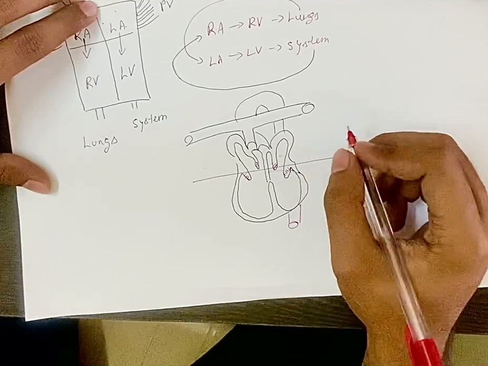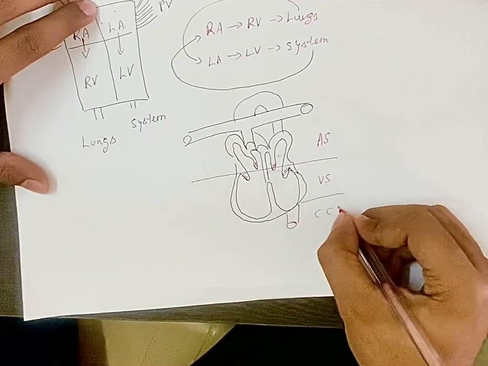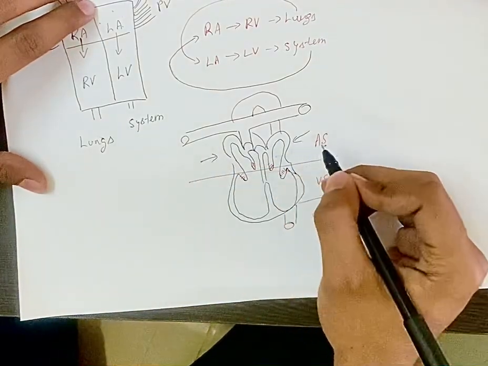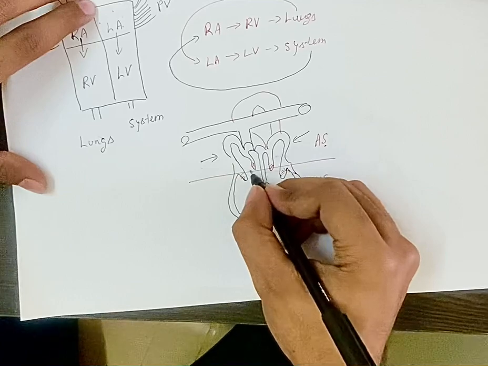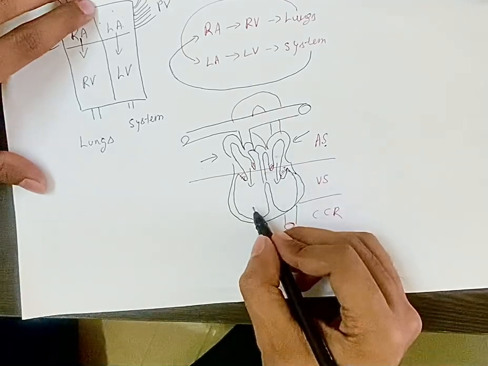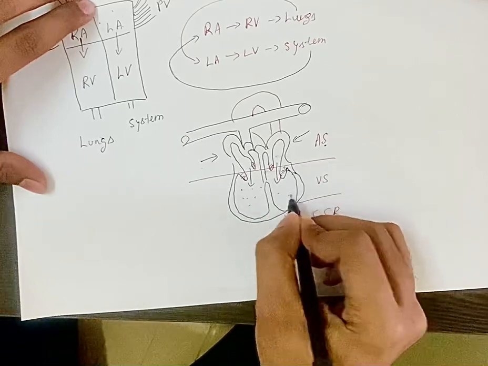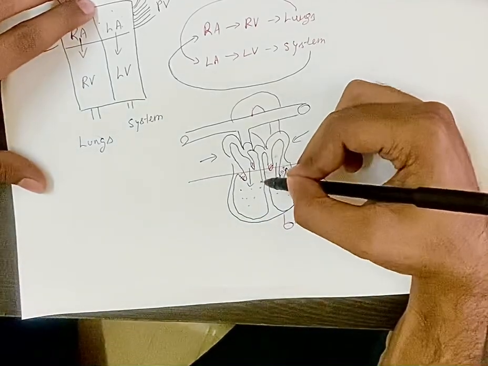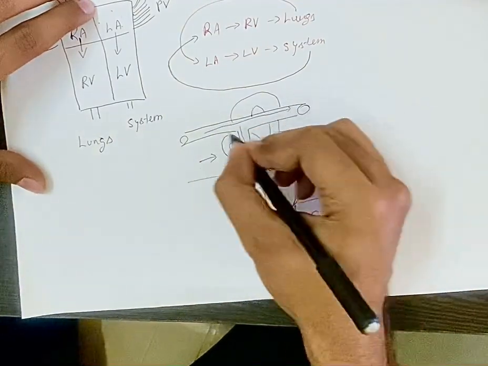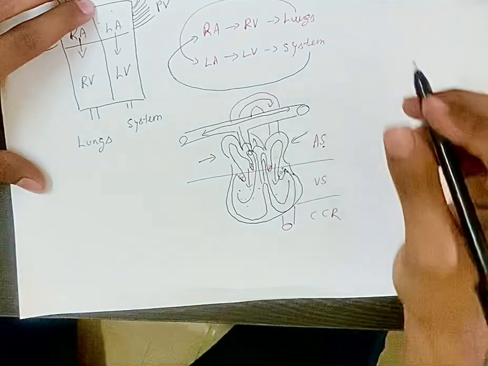Now what you need to remember is that in the cardiac cycle there are 3 processes: atrial systole, ventricular systole, and then complete cardiac rest. In atrial systole there is contraction of the atrium. So blood from the left atrium and right atrium will go down into the ventricles via the atrioventricular valve, right? Then there is ventricular systole, which means contraction of ventricles. So when blood gets filled in the ventricles, they will contract, and as you can see here, the blood from the right side will go into the lungs, and blood from the left side will go into the aorta and into the system, right?